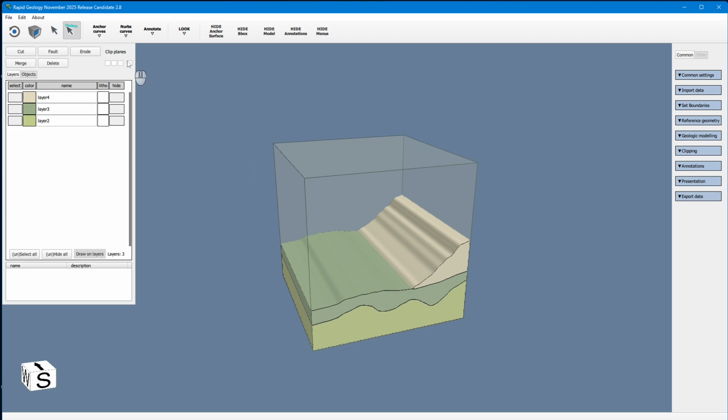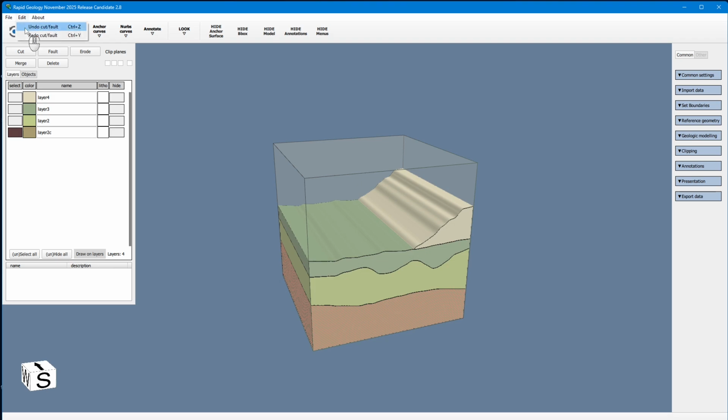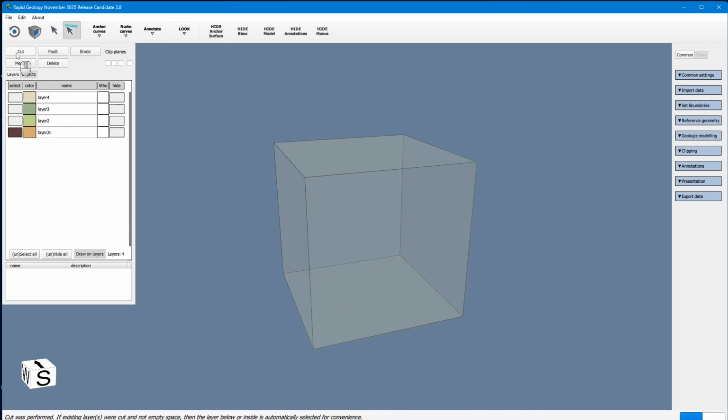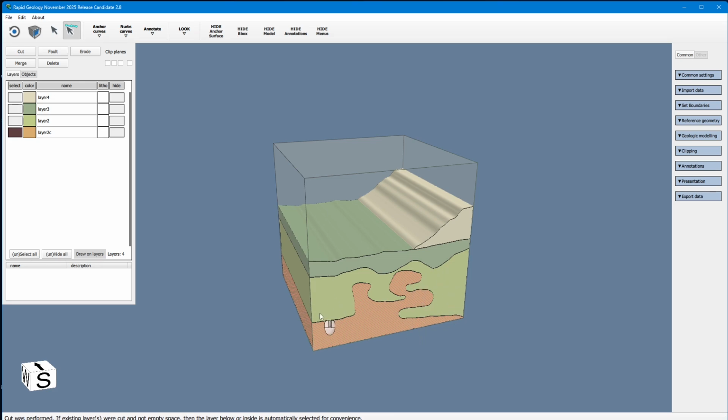You can also undo what you did. Undo, I'll do one more undo, like this. And then I will show that you can make layers that bend back on themselves. So let's select this one and press cut, and you see you get this result here. You can also turn on and off the visibility of the layers,